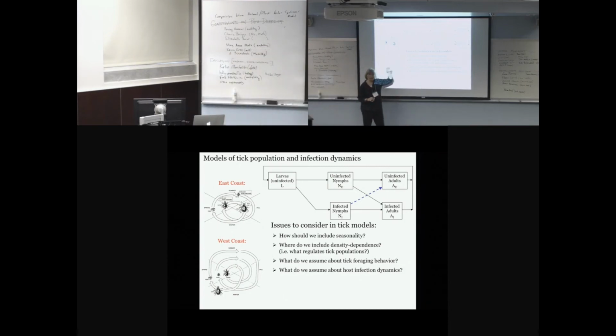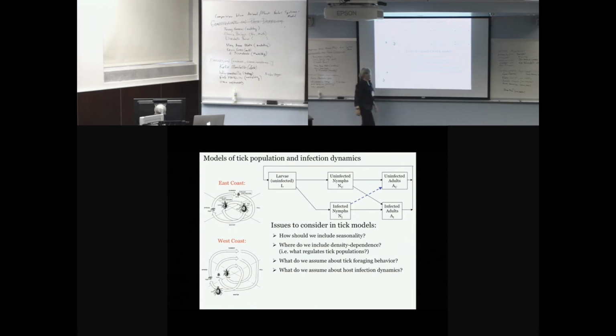this exercise of writing down a model makes you realize that there's a whole bunch of unanswered questions about the population dynamics of ticks. In particular, questions such as how should we include the seasonality in the system? And one of the most important ones is where do we include density dependence in the tick population dynamics? What is actually